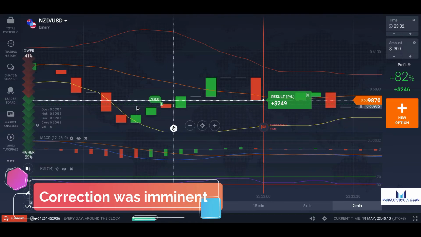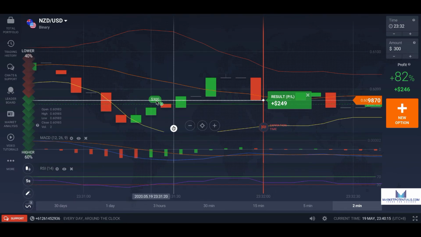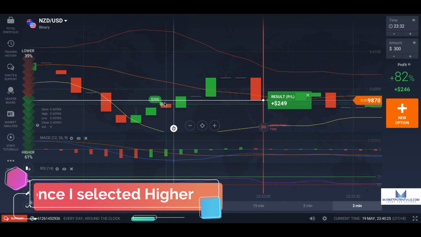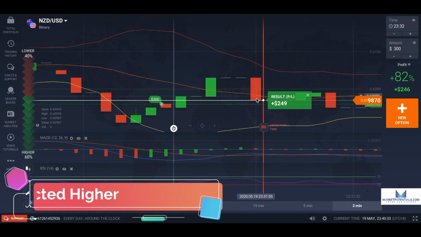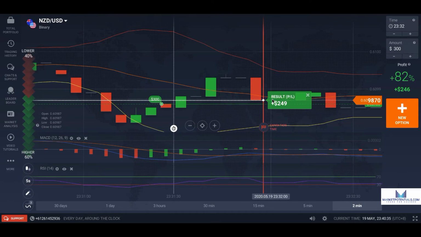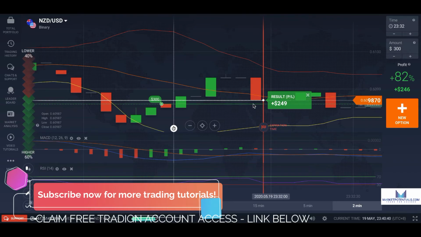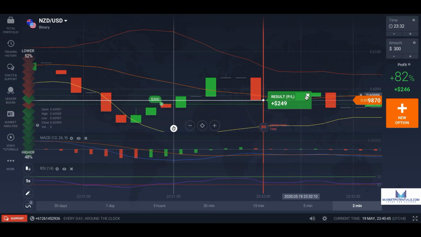Now I saw that with these candlesticks here and this one here, hence the reason I entered into a buy position here. In other words, I was saying that the chart is going to end up strengthening or appreciating, so I selected higher. I did that here, and true enough, it happened here, and it went all the way up here. In fact, it went a little bit further here before dipping back down. Now I was still covered, still pretty comfortable in that 30 seconds window here. So obviously I pocketed a profit of